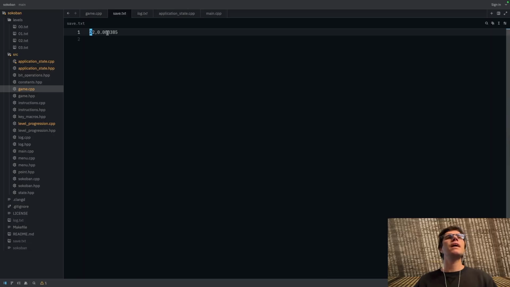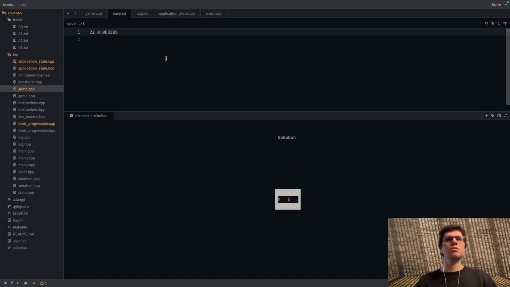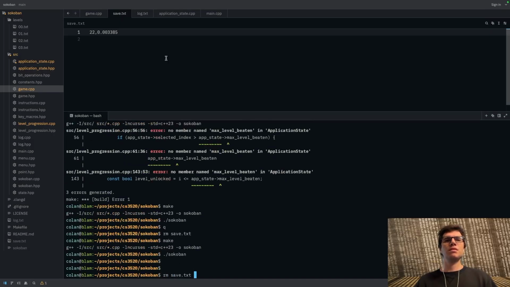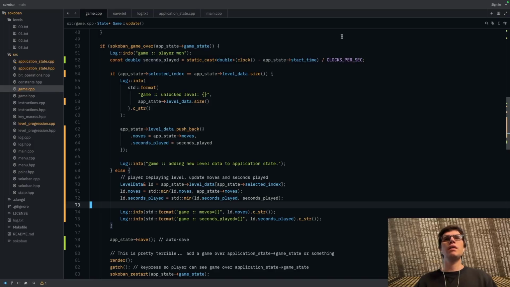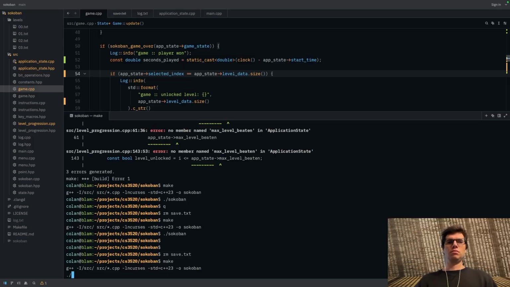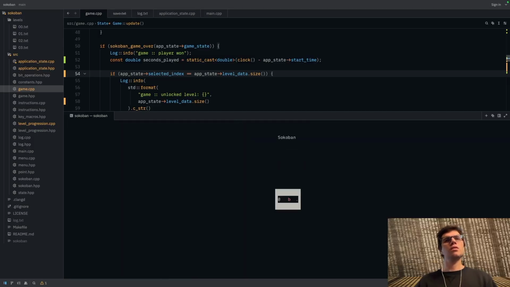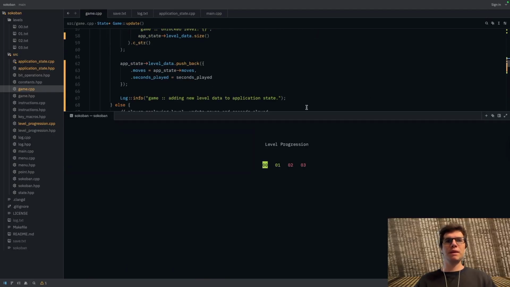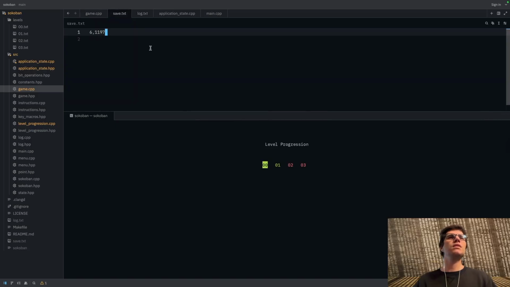So you can see we have what looks like to be pretty low on the seconds count. So I'm starting to question that CPU time. So let's do rm save.txt, and let's just drop this clocks per second for a second and just see what it looks like. And so like 1, 1000, 2, 1000, 3, 1000. So we should see it be less than like 5 seconds-ish is what I'm expecting here. So now if we go save.txt, we got,